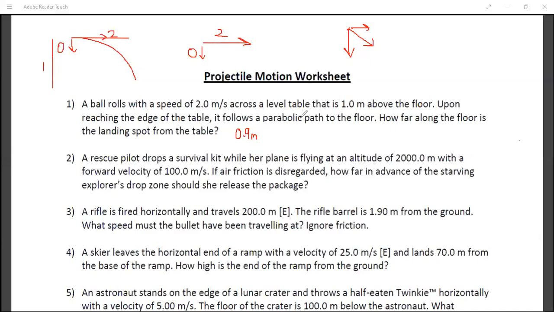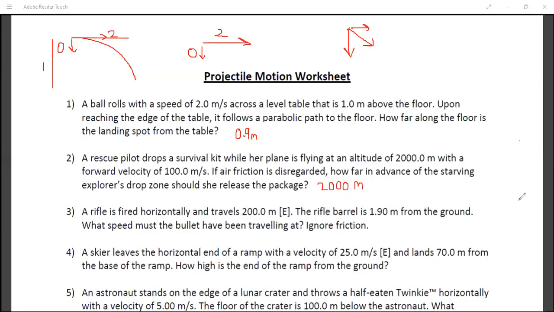Acha, okay, Aditya and Tanmay, chalo, means the answer is 2000 if we take the g value as 10. Can I make a small twist in this question? So if I just remove the second statement, if air friction is disregarded, and I say that air friction is available, and air friction which is available is going to provide the retardation, or the acceleration, of minus 1 meter per second square. So what should be the answer?